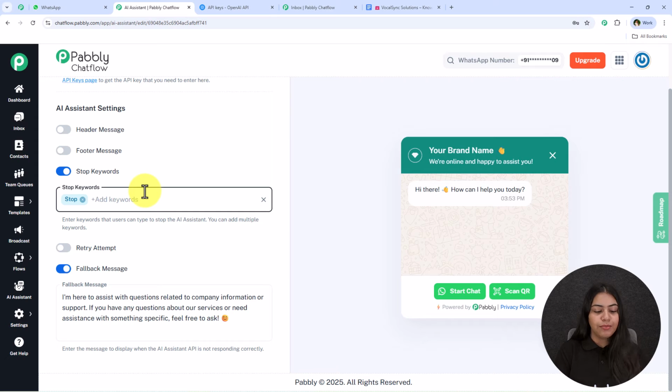This is a very important feature because let's say user has something to talk with a human and the AI is replying them continuously. So what they can do is they can type the stop keyword and automatically the AI assistant is not going to reply to that user further. A manual review will be needed to take that chat back again towards the AI